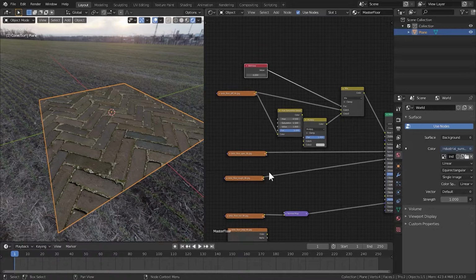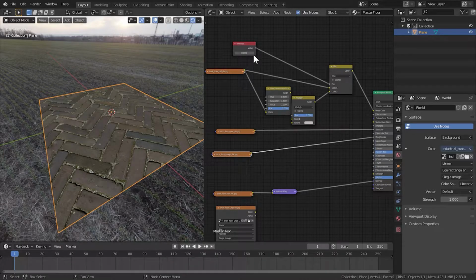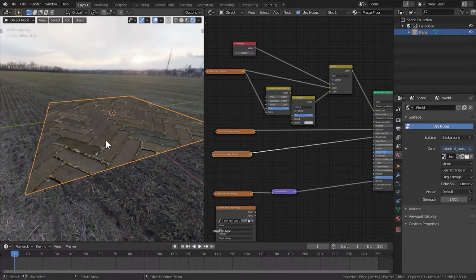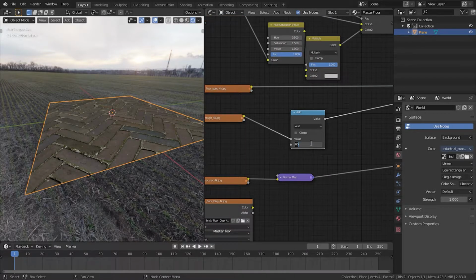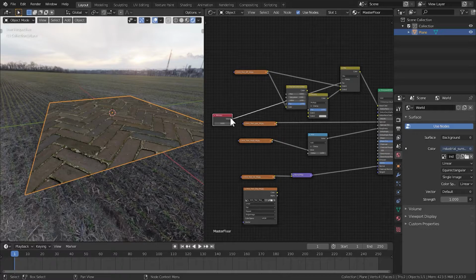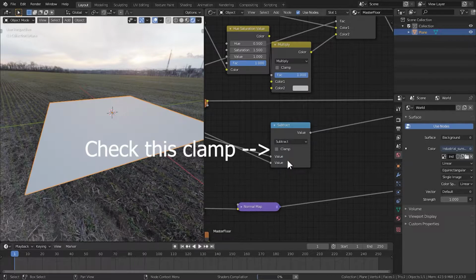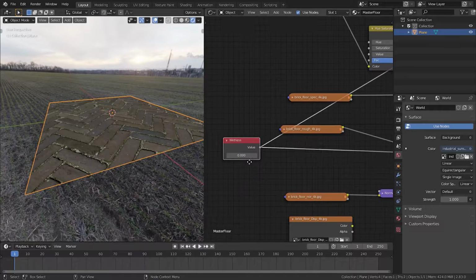Now let's work on the roughness here. So when a surface becomes wet, the surface will also become more and more reflective. So to do so, what I'm going to do is I'm going to subtract. Let's add in a math node, and I'm going to subtract some value over here, and this value over here will be this wetness value. So I'm going to plug this wetness over here, and also change this to subtract because we're subtracting this value. And now if I make this surface wet,